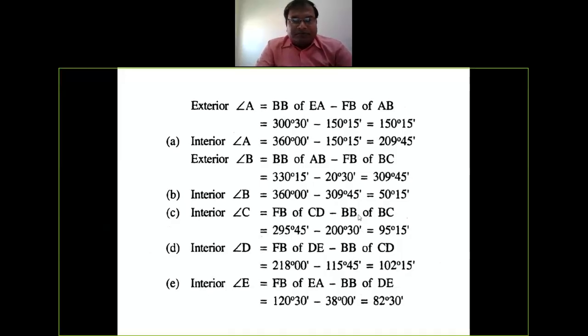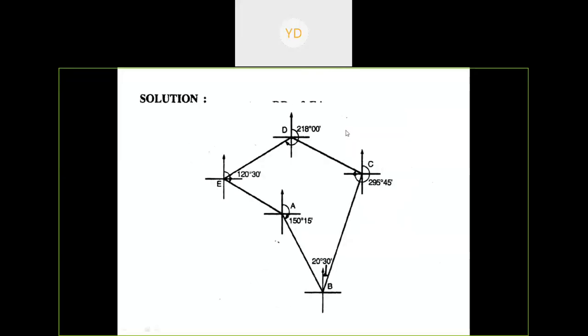सो अब आप देखिए, तो 295 डिग्री 45 मिनट्स माइनस 200 डिग्री 30 मिनट, 95 degree 15 minute, but here it is written that your angle is interior one. How? See the figure, पीछे का फिगर हम देख लेते हैं। So we will just go to back, you can see here, ये आपका 295 डिग्री 45 मिनट्स है।